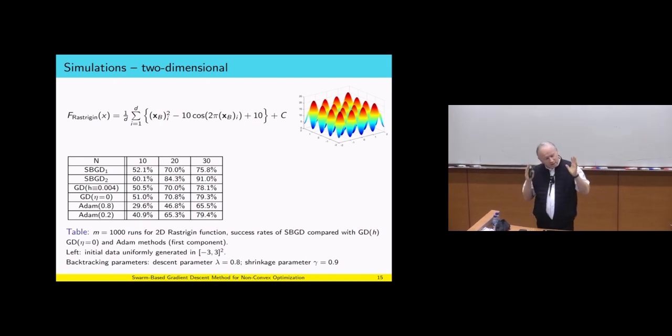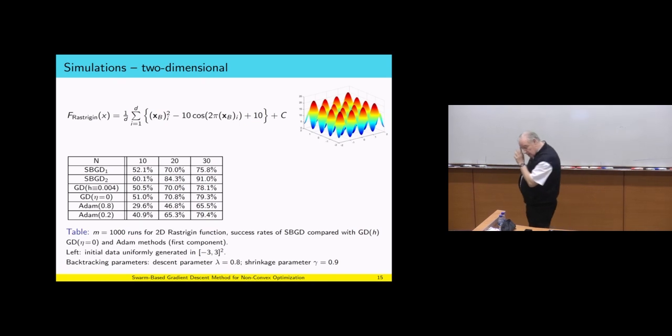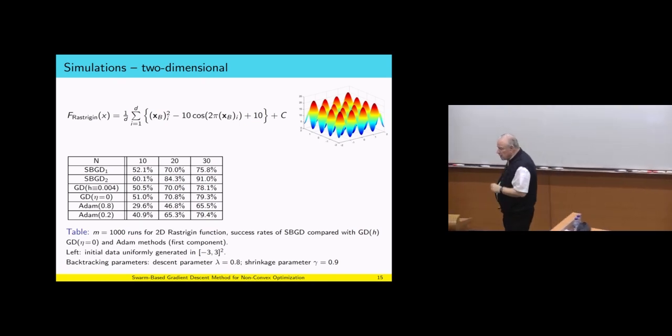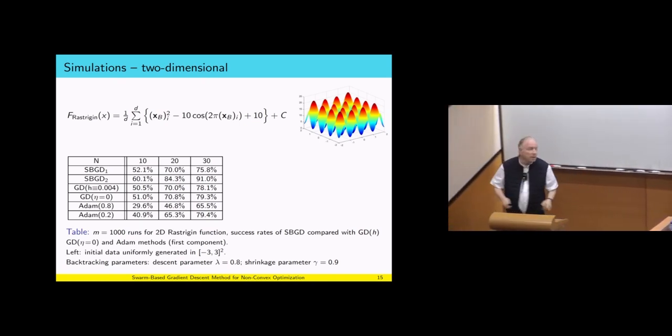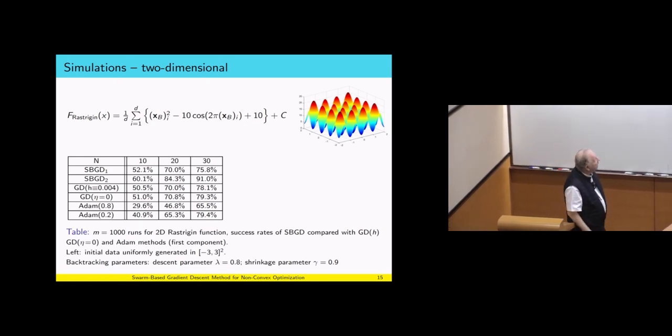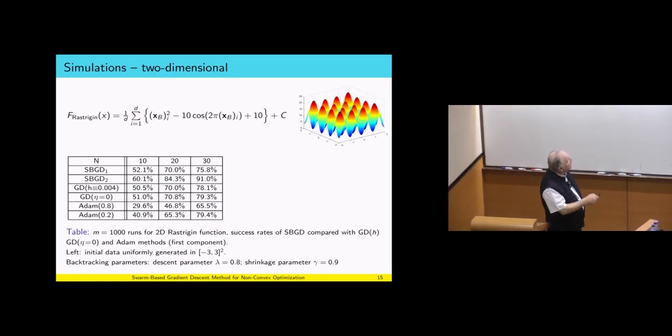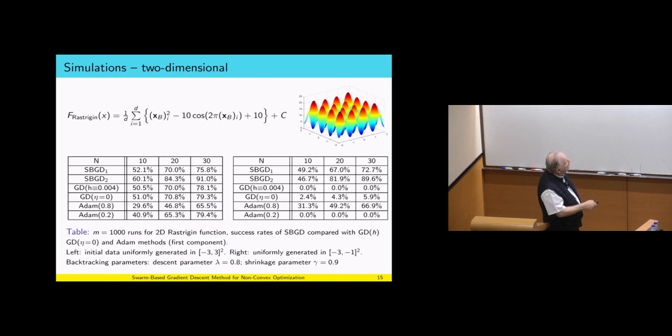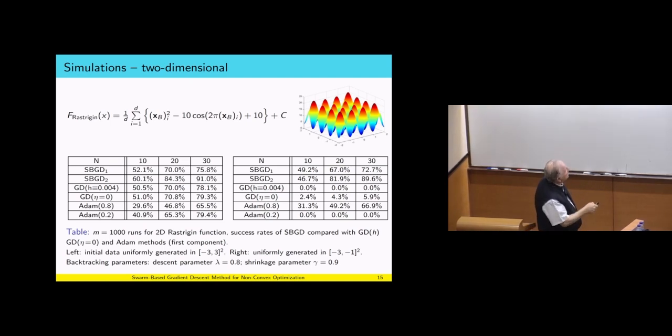I just like to take something which is very rough and to understand what is really the behavior. So, yeah, I got it. Now we take the points and instead of -3, 3, we put in -3, -1. So the method really has to extrapolate, and you can see that there is a big difference.